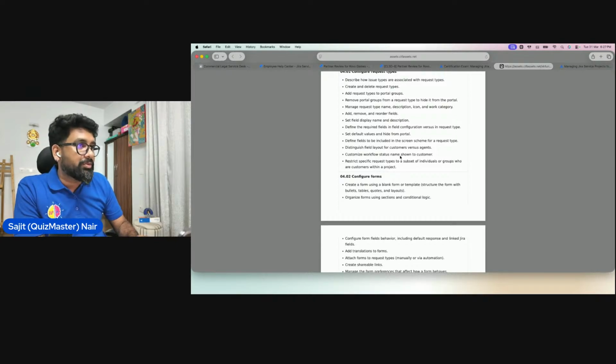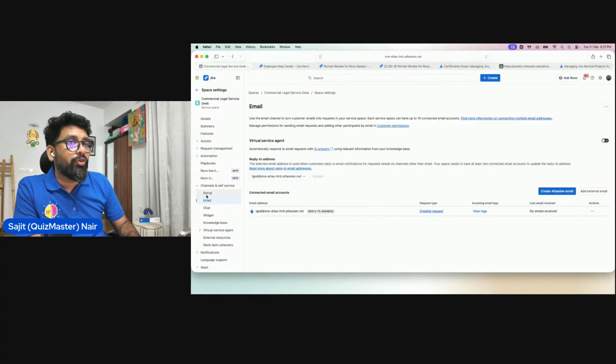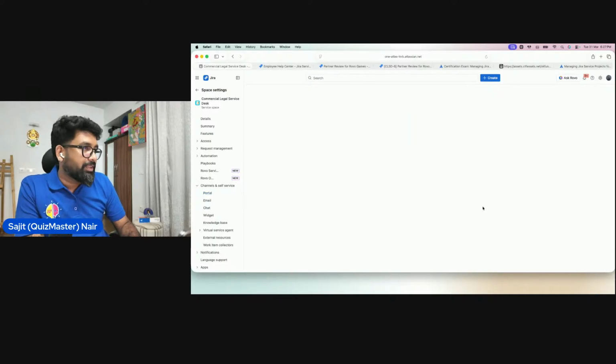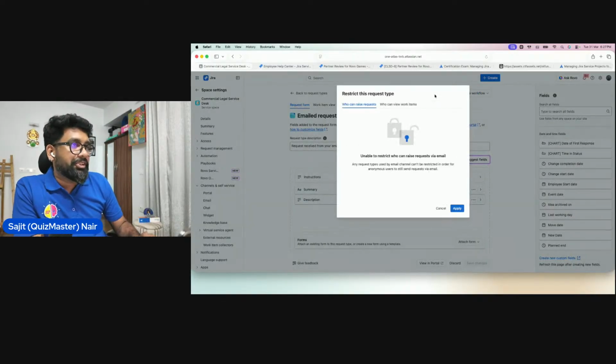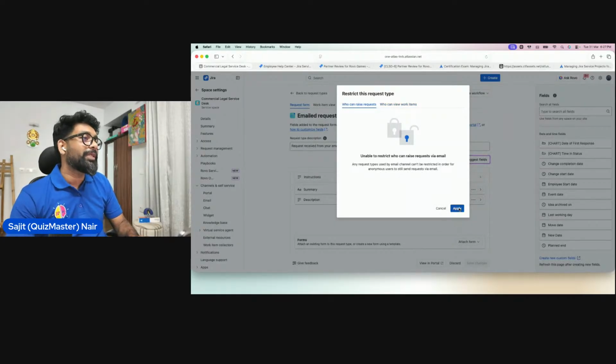You can change some of the field layouts. You can change the customer workflow status, which we just saw earlier, and restrict a specific request type to a subset of individuals. So this is the other thing that we were checking before we moved on to something else, right? When we were in this specific information, let's say, for example, email request, let's take email request as an example. When we were here, remember this restriction section that you get? So this is where you can define who can see what. So you can add a work item security or an issue type security if you're still old school. This basically helps you to